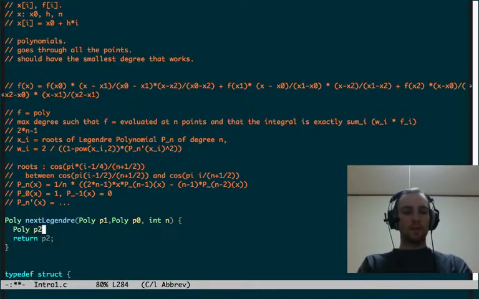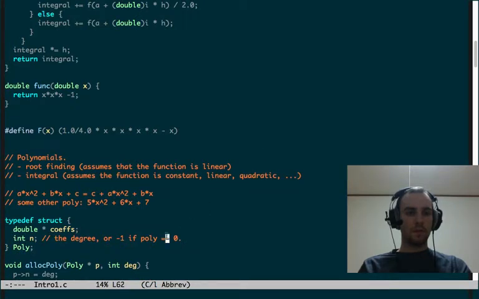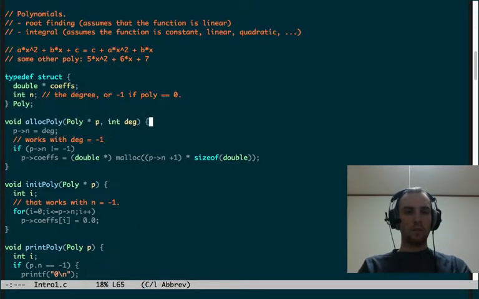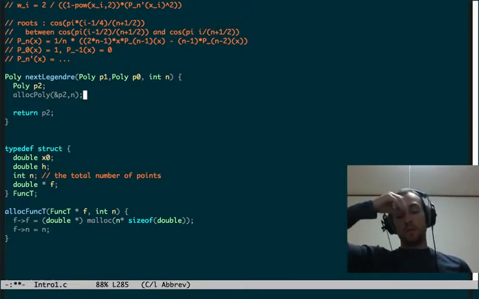Alright, so P2, okay, P2 dot n equals n, so that's how we do it. Alloc poly, like this. You actually give it a degree. Okay. So this puts the